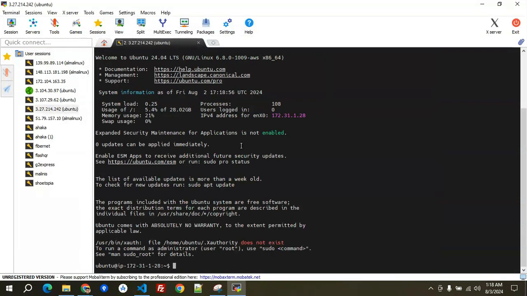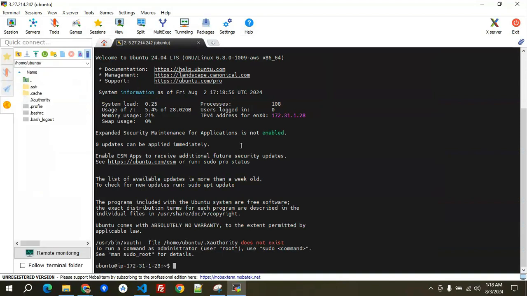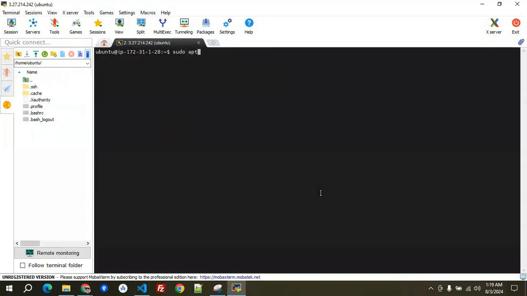So now, this is how it looks when you access the VPS for the first time. We need to update apt-get, so apt-get update.